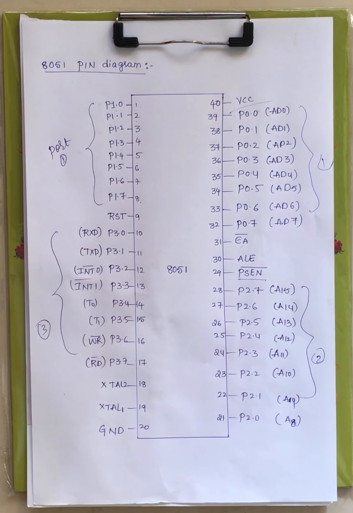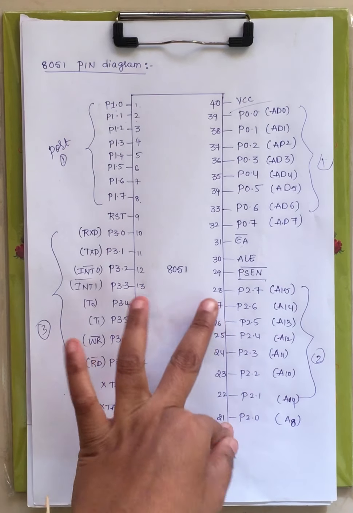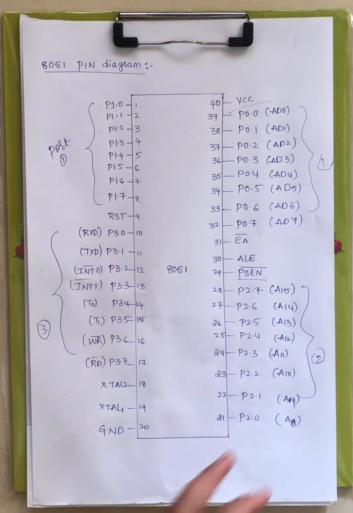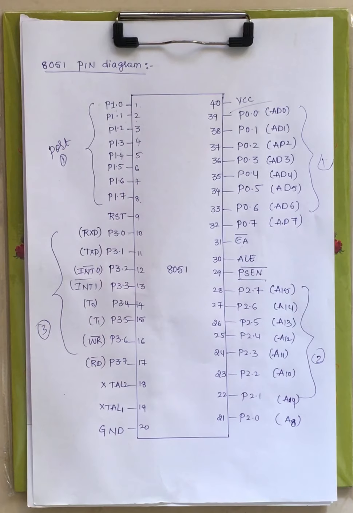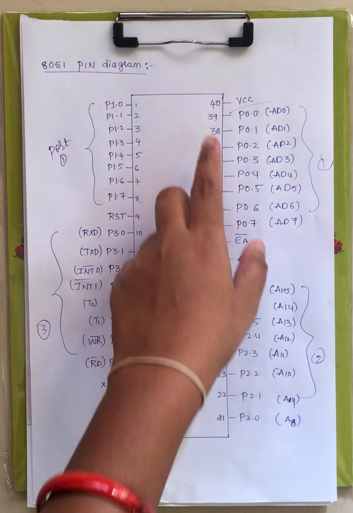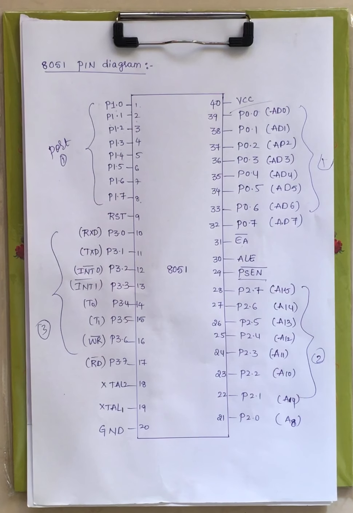These are provided at 18th pin and 19th pin, right? Now coming to 20th pin, it is for ground reference. Pins 21 to 28 are allotted to port 2. In addition to IO function, the special function allotted to port 2 is address lines A8 to A15, the higher order address lines. Now coming to 29th pin, this is allotted to program store enable, and 30th pin is address latch enable, 31st pin is external access, and 32 to 39,